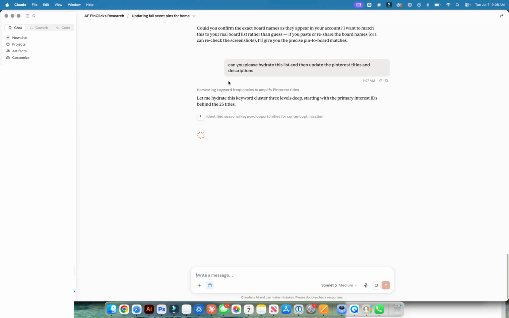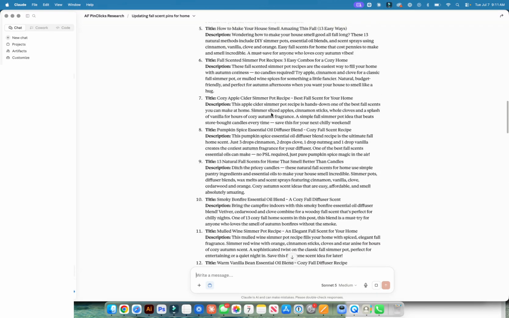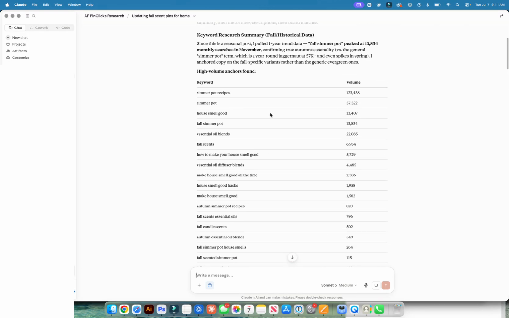It's like a self-limiting thing where Claude and Pinclicks don't care. They're like, okay, what are the best volume keywords that would match this post? And how can I make an angle for it that would make sense, right? So we're going to let him do his thing. Okay, so this is crazy pants. It found, now you might think, let's go back up here. So you might think, oh my gosh,